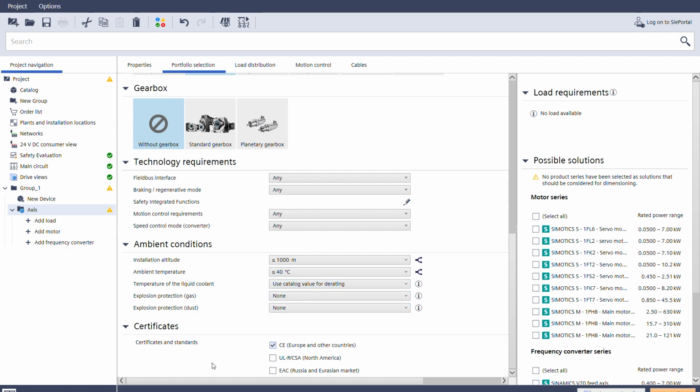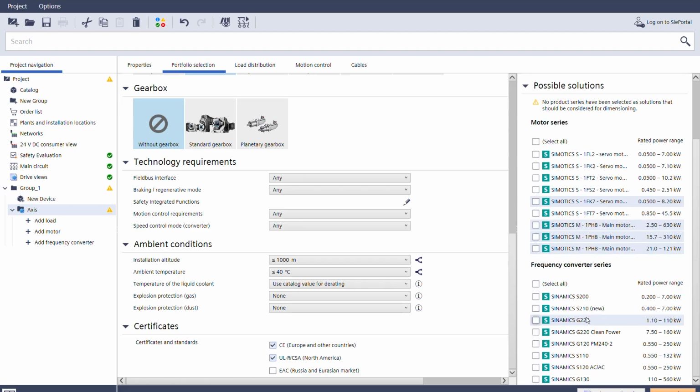And last but not least, you definitely want to go underneath certificates, highlight UL-R/CSA for North American certifications. As you can see here, some of the options already went away, like that V70, which is not applicable in the States, which is exactly what we want. Now from here, we can move forward